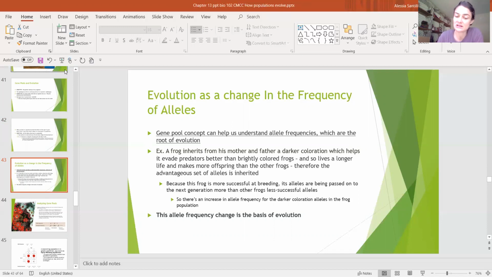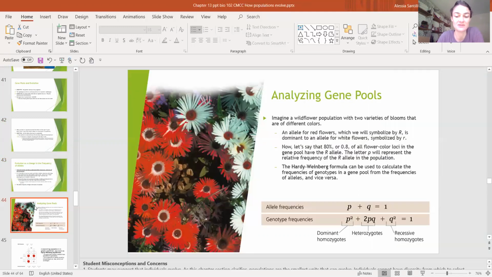So there's an increase in allele frequency for the darker coloration alleles in the frog population. Okay, so it's this allele frequency that is the basis of evolution, and we can actually figure out which alleles are prevalent in gene pools. We can analyze gene pools and see if the dominant allele is more prevalent, if the recessive allele is more prevalent, etc. This is known as the Hardy-Weinberg formula, and you will not have to know how to use this